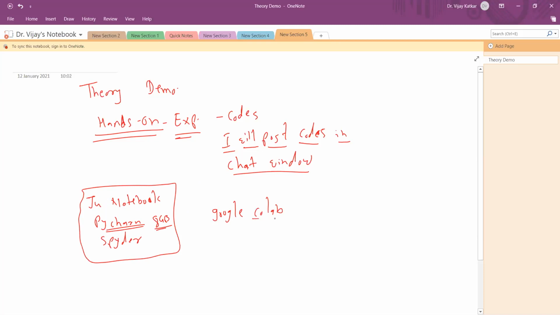Today I'll show you how you can use Google Colab also. It will hardly take 10 to 15 minutes to demonstrate how Google Colab works, and then you can try these codes on Google Colab. The major benefit of using Google Colab is, first, portability. Whether you are at home or anywhere, location is not an issue.